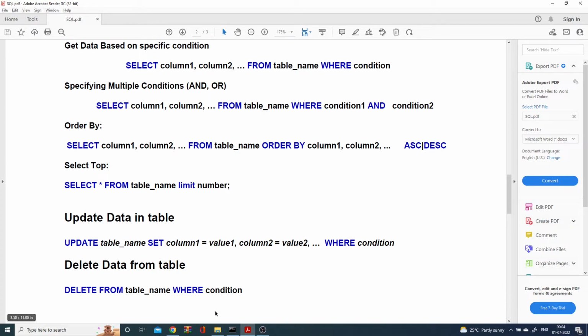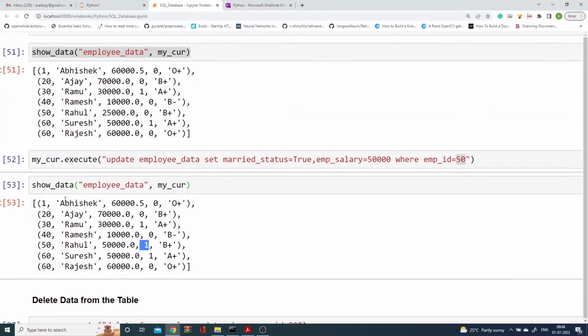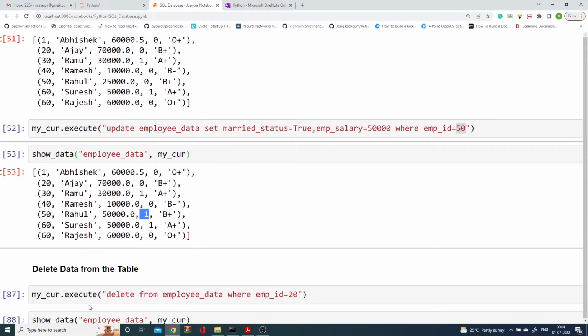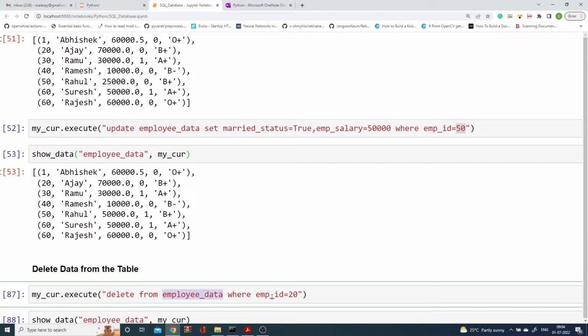Now let's see how to delete data from the table. Let's assume maybe Rajesh has resigned from our company, and I want to remove the Rajesh record from my database. So what can I do? Very simple. We can simply say delete from employee data where employee ID is equal to maybe,